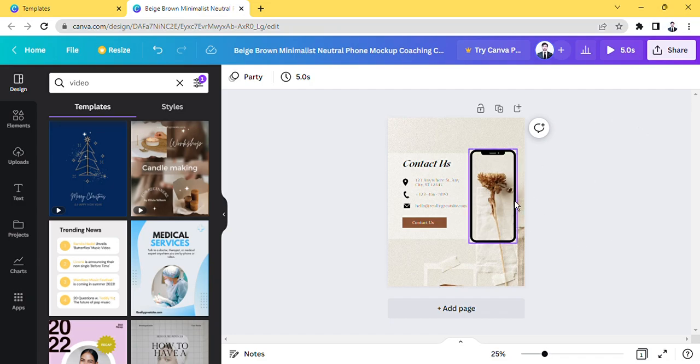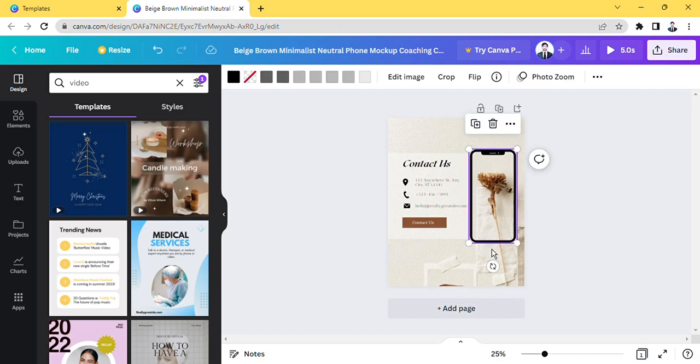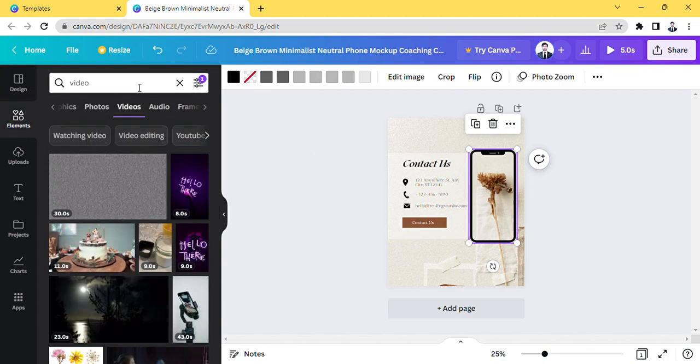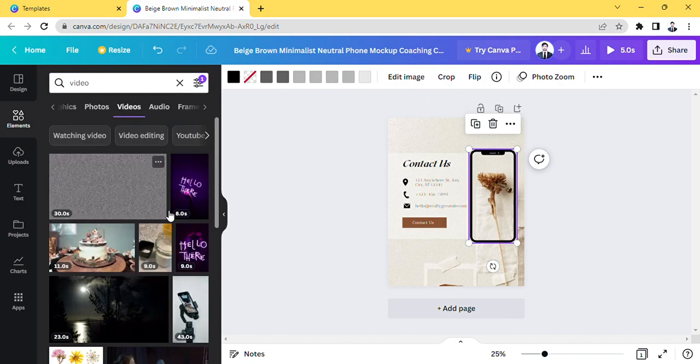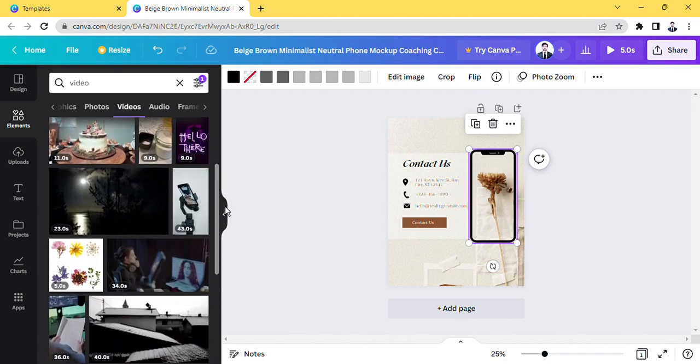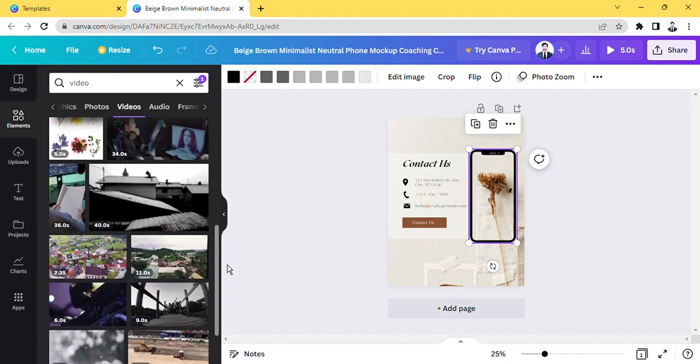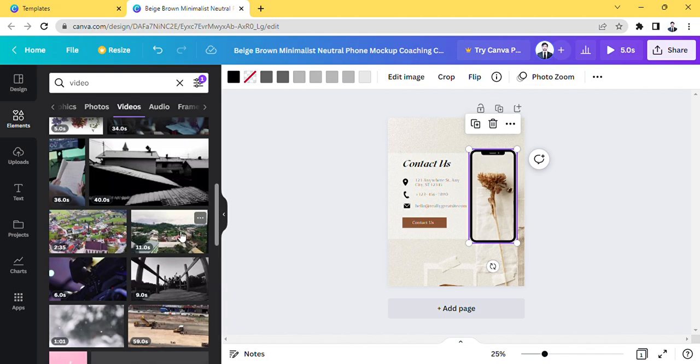In this tutorial, we will learn how to add a video into this section. We'll go to the element section and write here videos. You can see different types of videos will be showing here. You can use them in your projects, such as we want to use this video